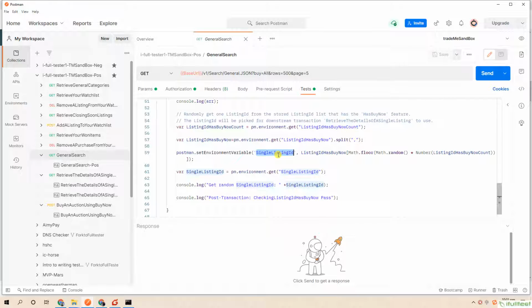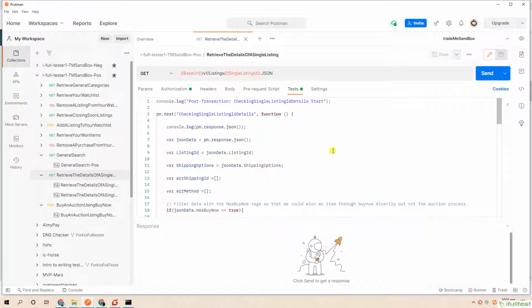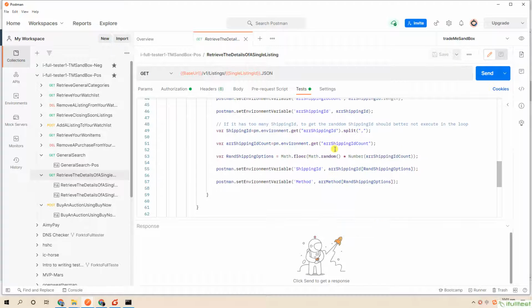See here. And another request field, shipping ID, is correlated from the response of upstream API, retrieve the details of single listing. See here.